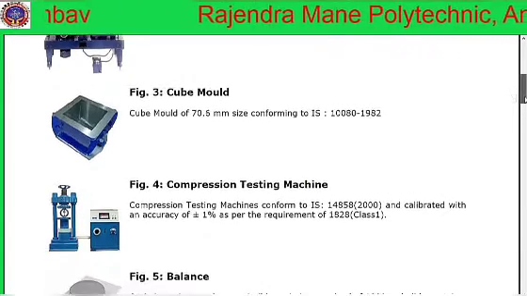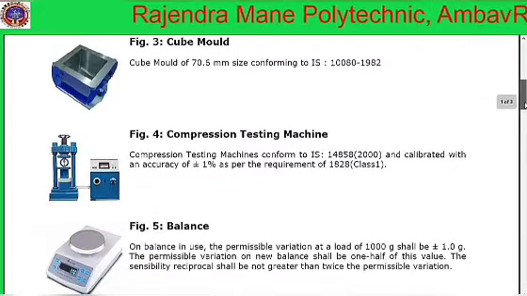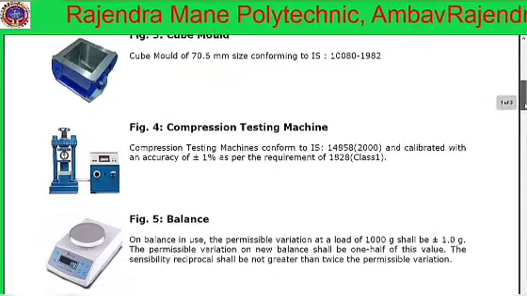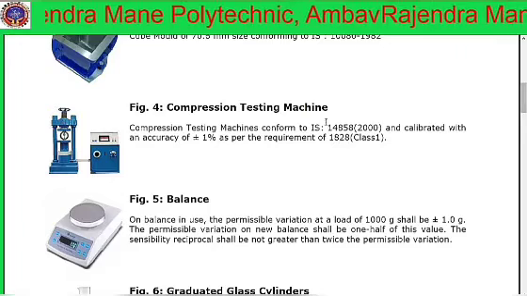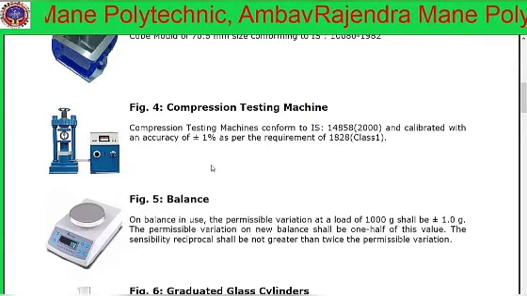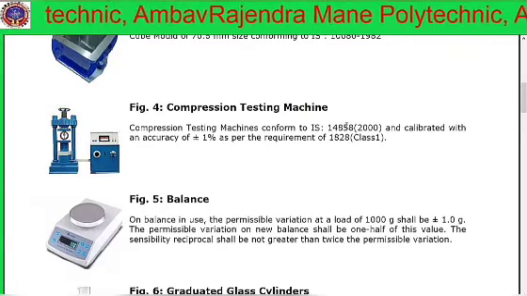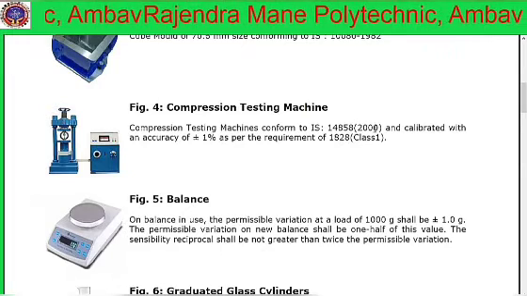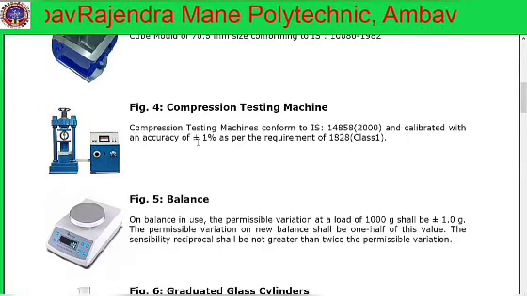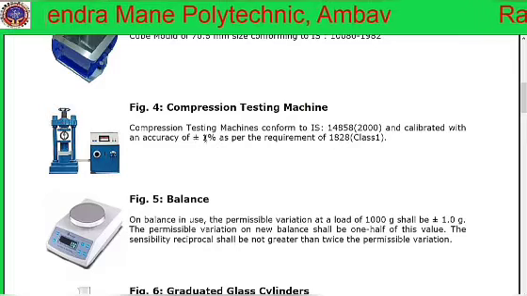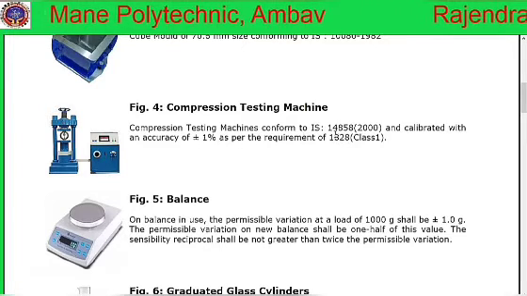And to find the compressive strength, we require a compression testing machine conforming to IS 14858 2000 and calibrated with an accuracy of plus minus 1% as per the requirement of